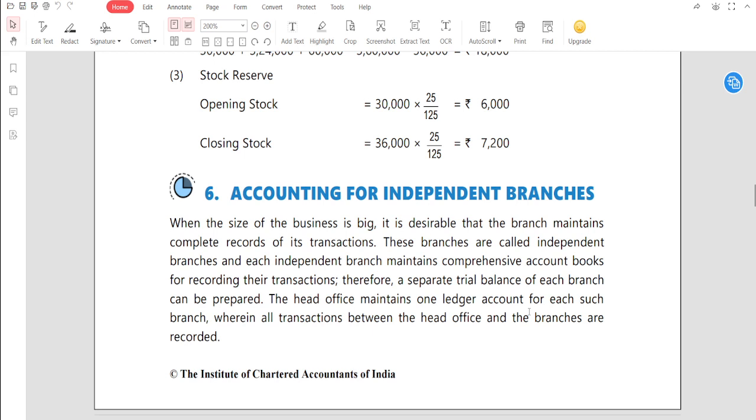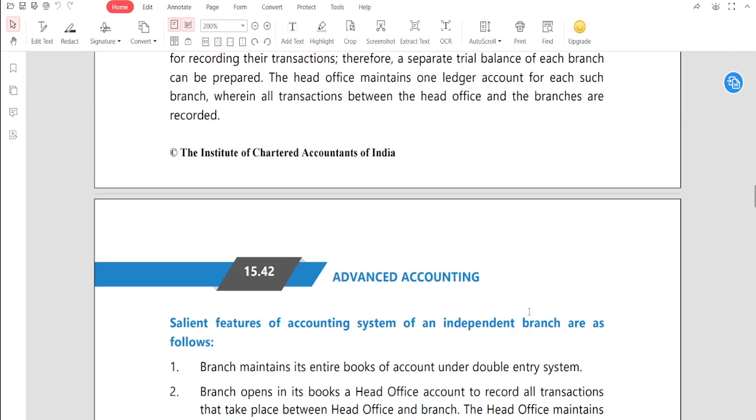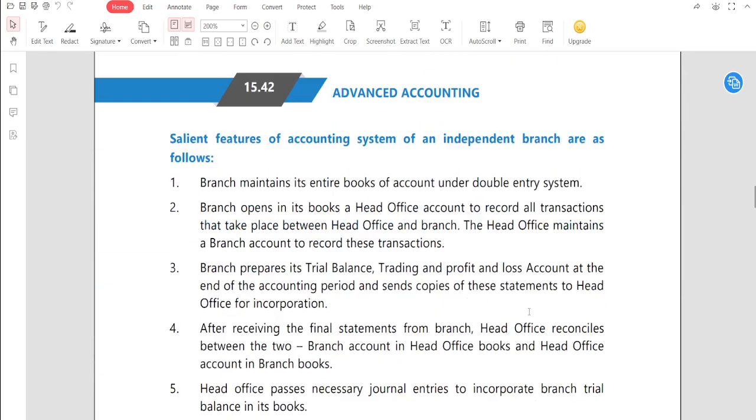Only 2 things we have learned here. Number 1, when the business is very big and HO wants to expand its business with respect to a specific region or a very big region, it will open a branch which will separately maintain its own books of accounts, and the HO will maintain the ledger account of the branch or branches, recording all transactions between the HO and the branches. That is the important thing. Perfect. Now next,